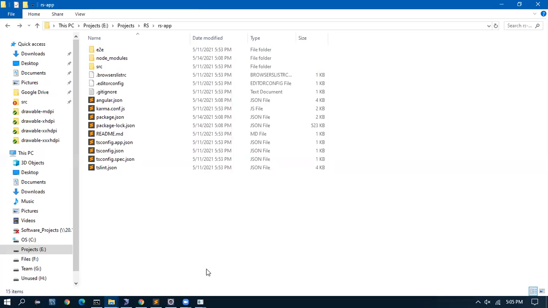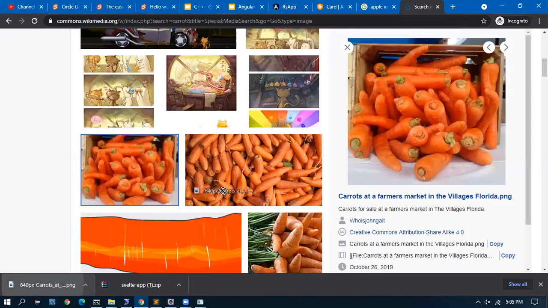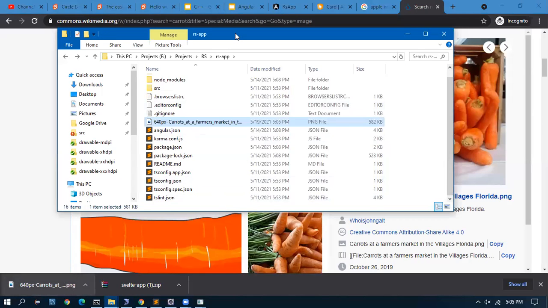Okay. So your question is you have a local image which you want to use, instead of going to the web.